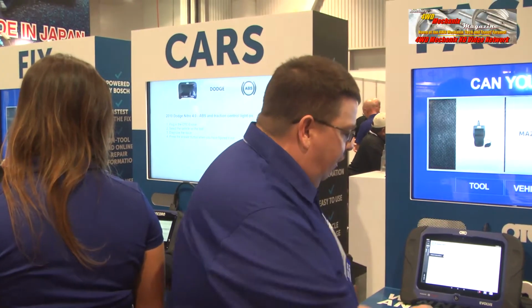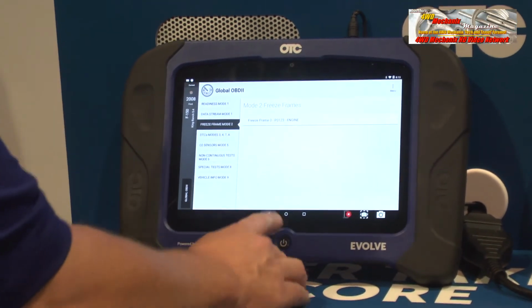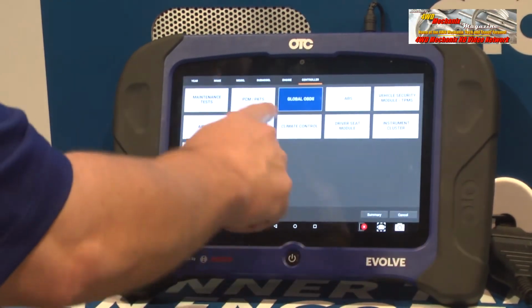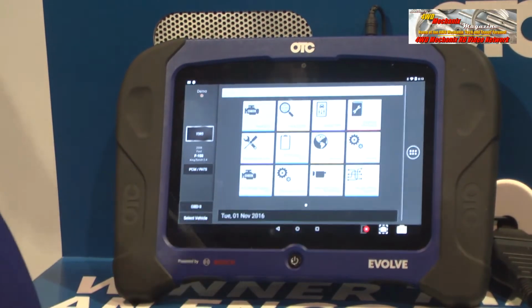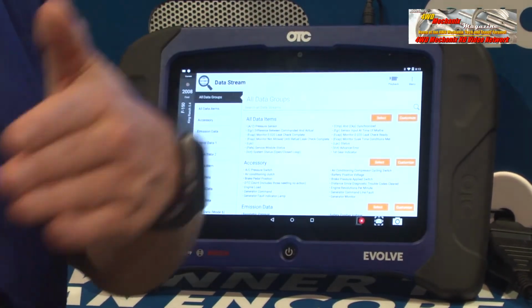The other thing that you can do is to drive the vehicle, try to reproduce the problem, but at the same time look at your scan tool. So what we want to do is go back, right here, into the powertrain control module. I want to go data stream. Because remember, we're talking about a misfire. So I'd like to know all of the PIDs that are related to